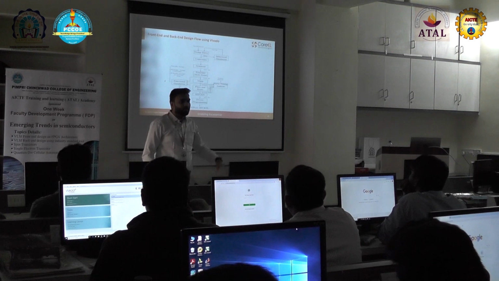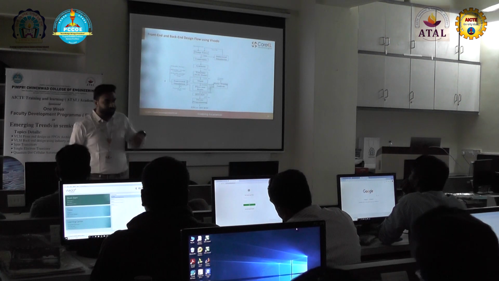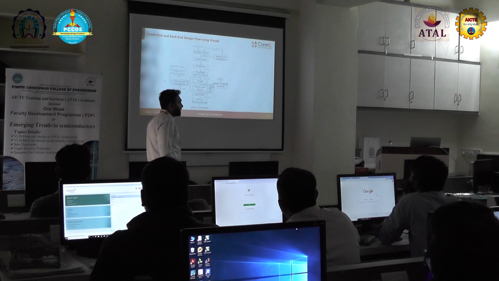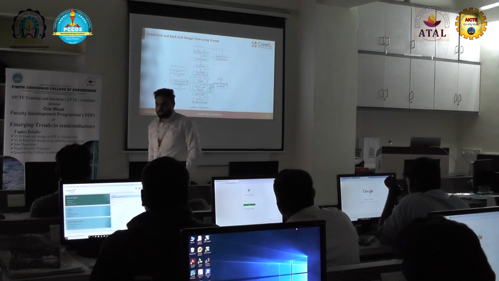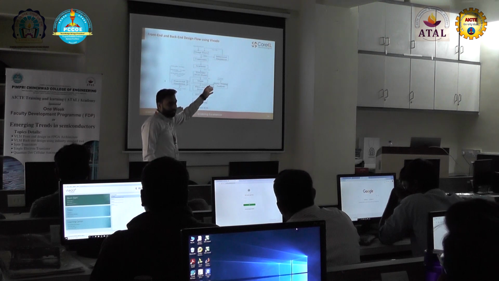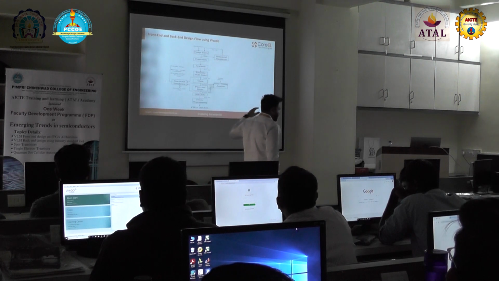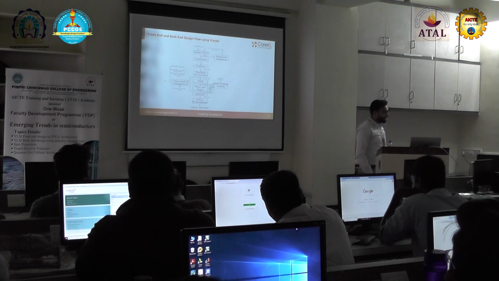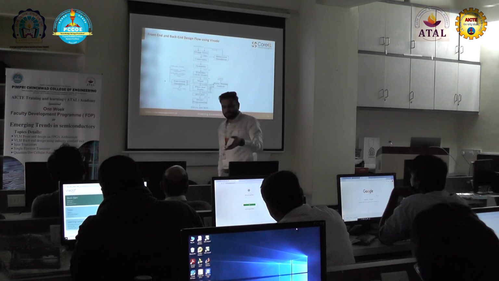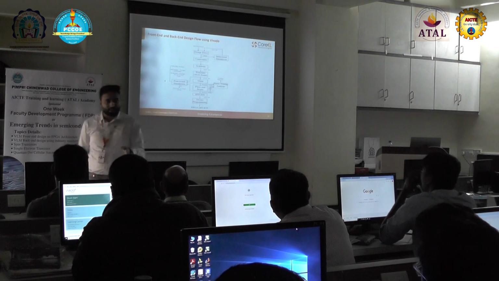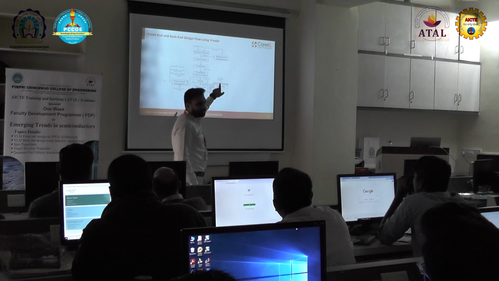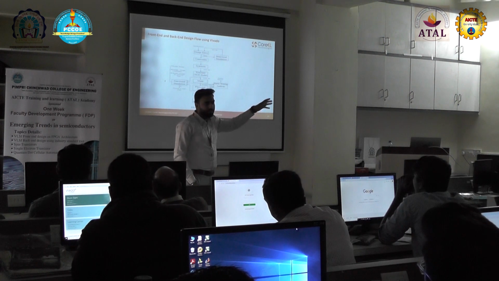So first we get all this data as specifications, right? After that we go to the design entry. In the design entry we write the code in HDL, whether it is Verilog, VHDL or SystemVerilog. After that we do the behavioral simulation, the first stage after design entry, where we check the behavior of the circuit or the code, whether it is working as per our intent or not. If it is not working, we can quickly go back to the design entry, meaning the code,